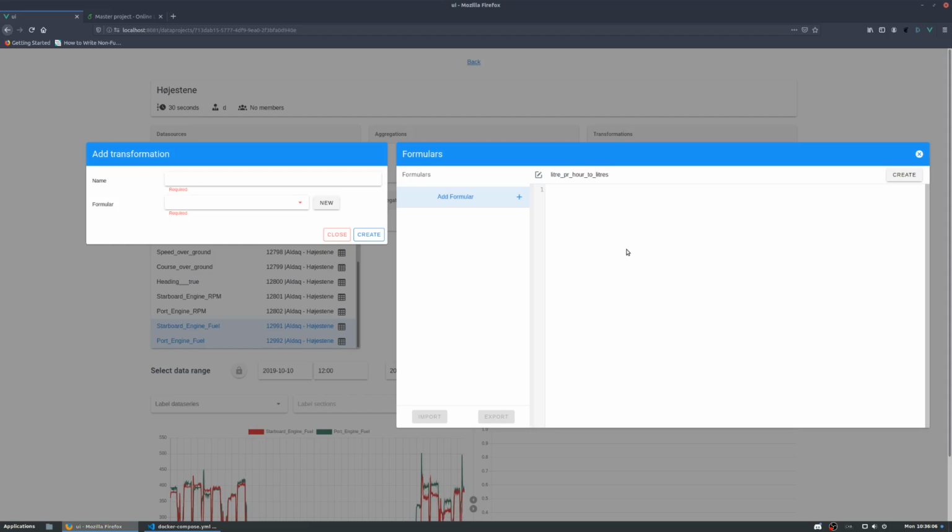To do this, I have to specify in the formula that I will have one input data series that I want to convert, and I will have one output that I will specify based on the following function: data series x as data series 1 times 30 divided by 360. So what this formula does is that it takes any input data series and multiplies it by 30 divided by 360. Since both the starboard engine fuel and port engine fuel are in liters per hour, we have to convert